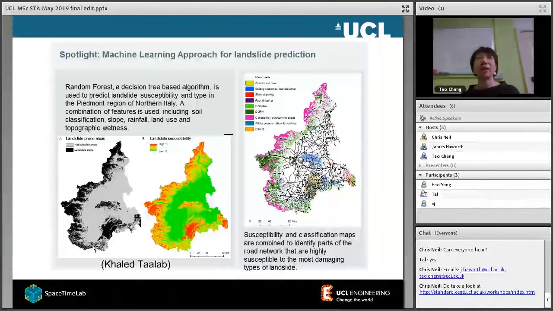So it's a kind of cascading effect. A landslide is triggered by bad weather, you may say, and then it affects important key infrastructure, then people's lives, then the economic loss. I hope this can give you some flavor of all the things you're going to do and going to learn in this course.